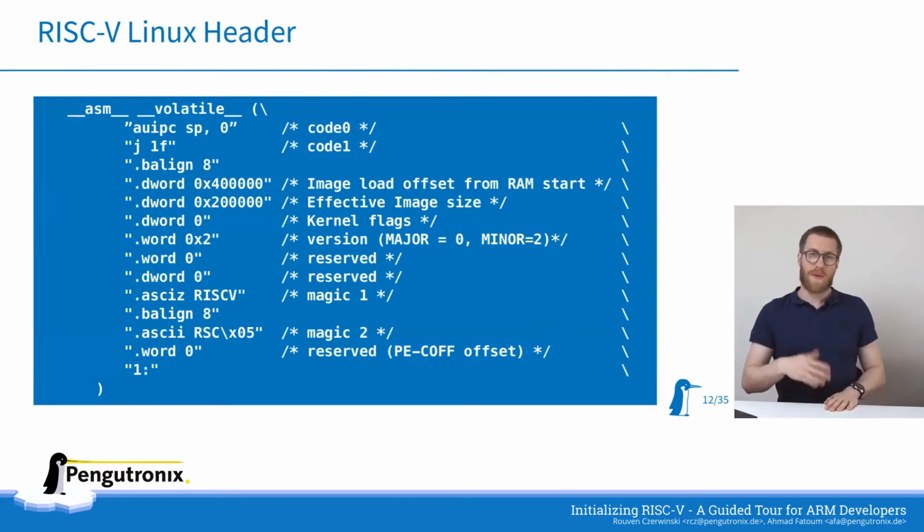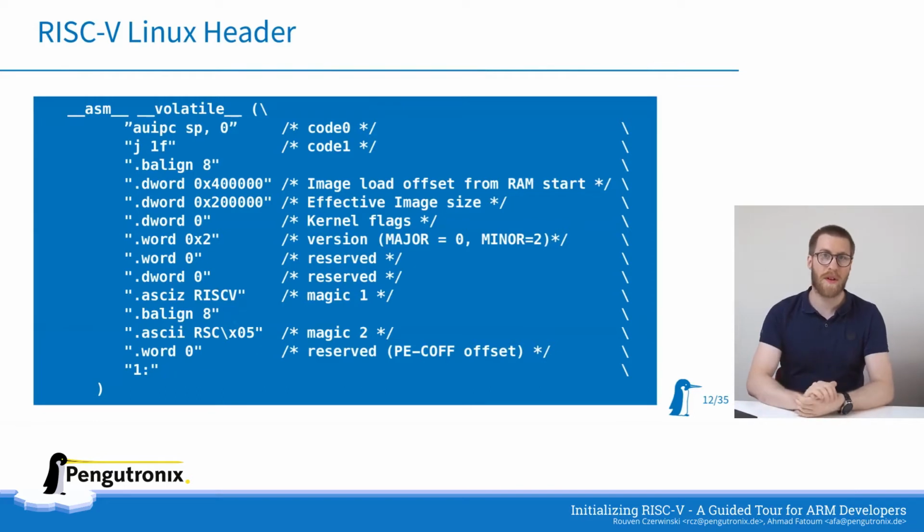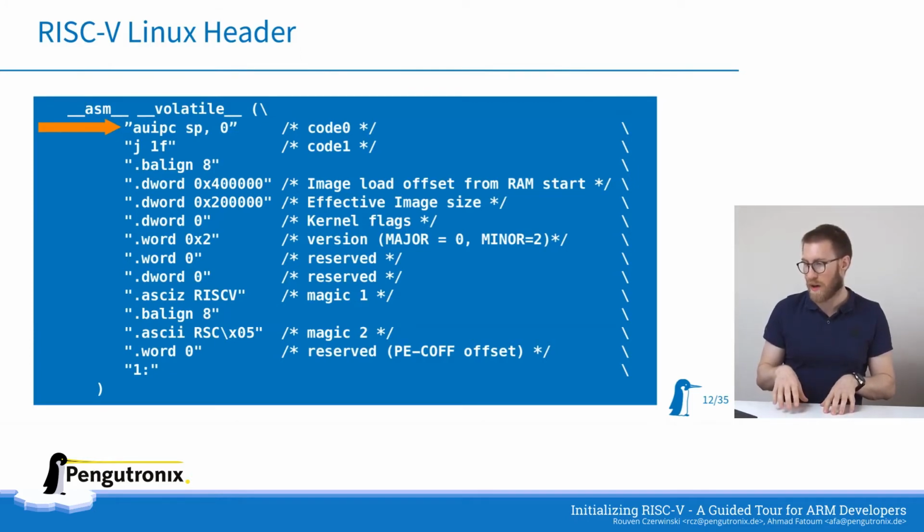I was talking about the RISC-V Linux kernel header. We can take a short look into the header we are using for the Barebox generic second image. So on the first line, you're seeing that we are setting up the stack pointer at the current location where our program counter is currently pointing at, because the Linux RISC-V header specifies that there has to be a load offset. So the text area will be loaded at a different place and is not loaded directly after this very